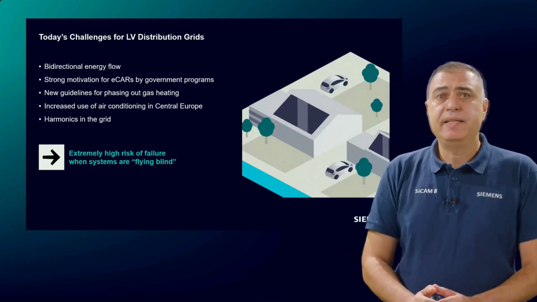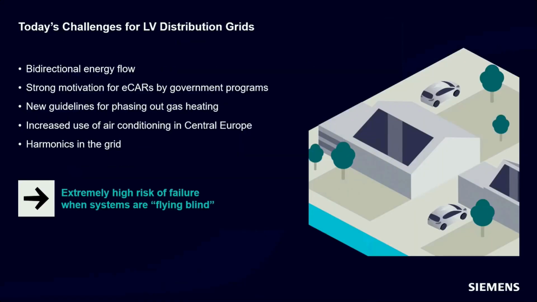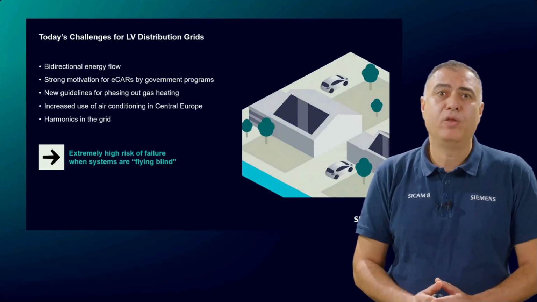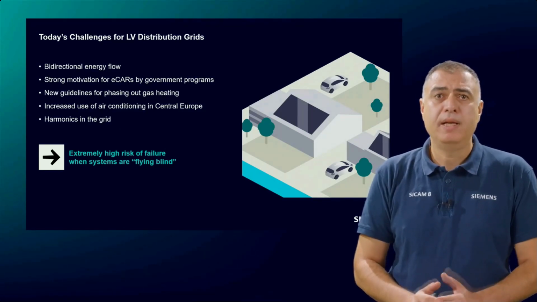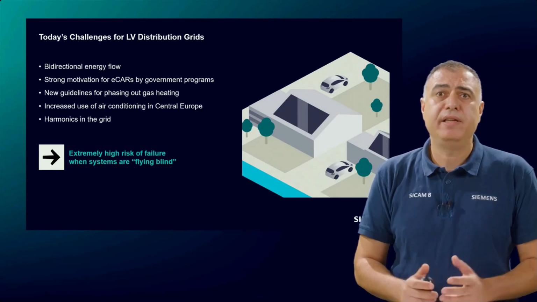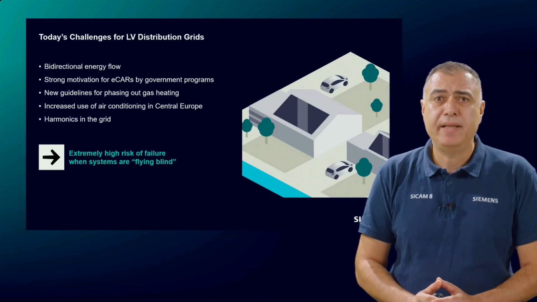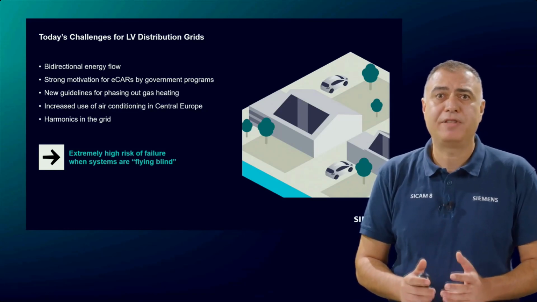But today, at least here in Europe, the situation has completely changed. For example, connected photovoltaic systems can reverse the power flow. On the other hand, new consumers like e-cars, heat pumps, and air conditioning systems can cause an overload in the power network. Since inverters and rectifiers are also involved, there is a risk that undetected harmonics reduce the lifespan of